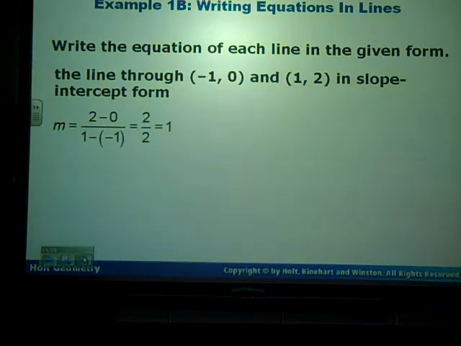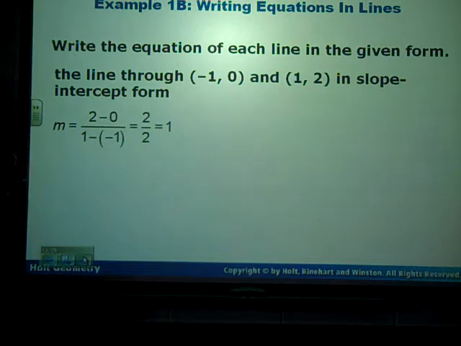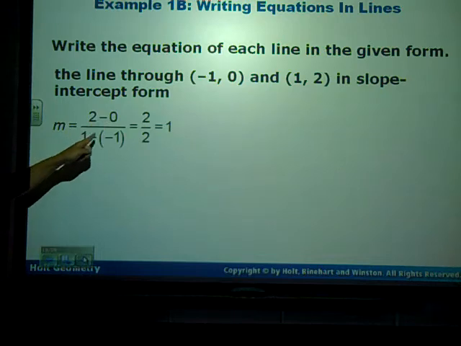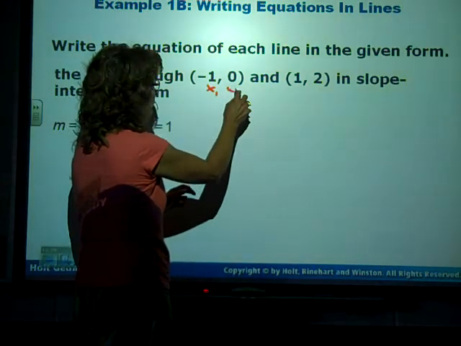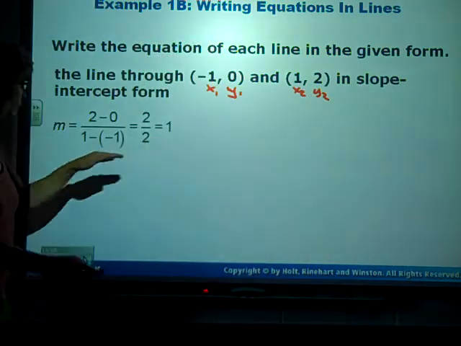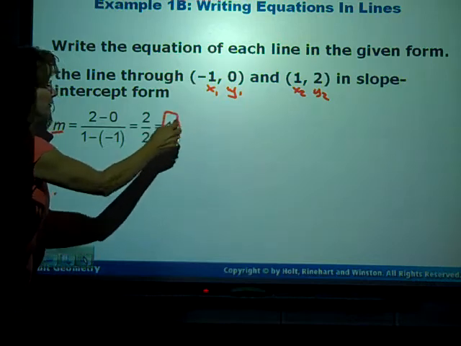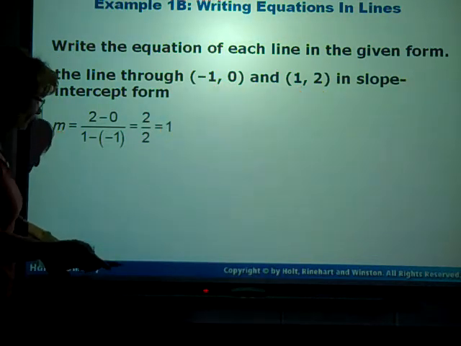Now here we want to write the equation of a line through these 2 points in slope-intercept form. Well, you've got to get the slope first. So use your slope formula, y sub 2 minus y sub 1 over x sub 2 minus x sub 1. And you're just thinking x sub 1, y sub 1, x sub 2, y sub 2. And you find the slope. You need to know what m is. And then your y-intercept, well, start